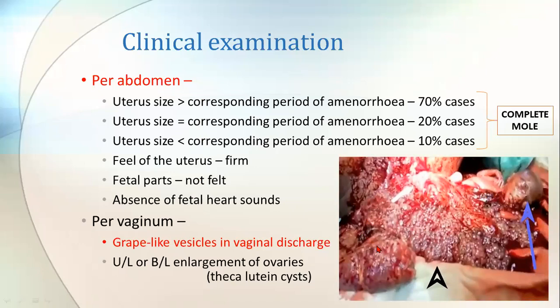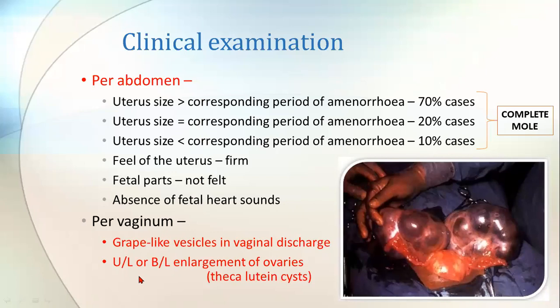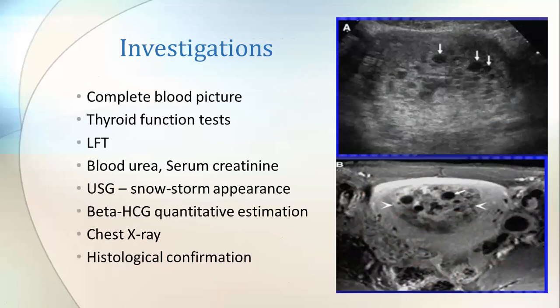Next, after doing the pervaginal examination, when we observe the ovaries, there may be unilateral or bilateral enlargement of the ovaries. That is the theca lutein cyst. I have already discussed regarding it. After the treatment has completed, these cysts will decrease by themselves. Next, now the patient has done all the investigations; treatment and everything will be informed to the patient.